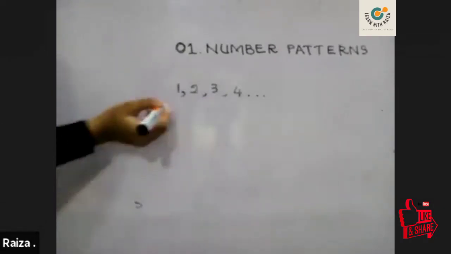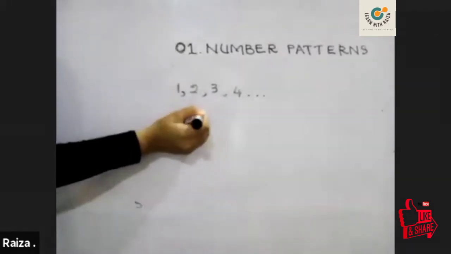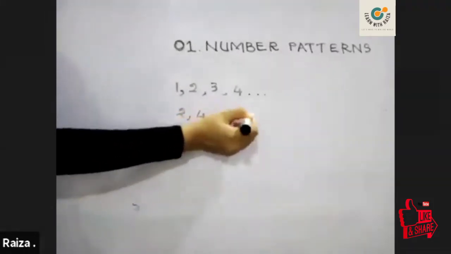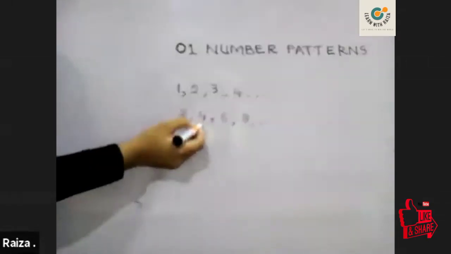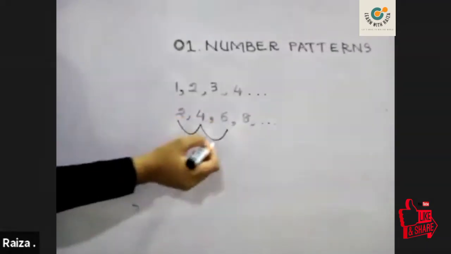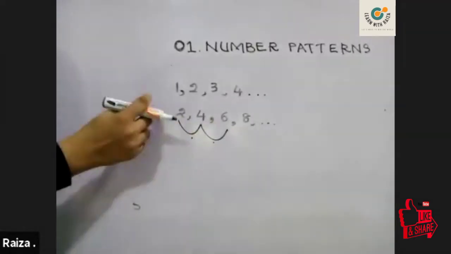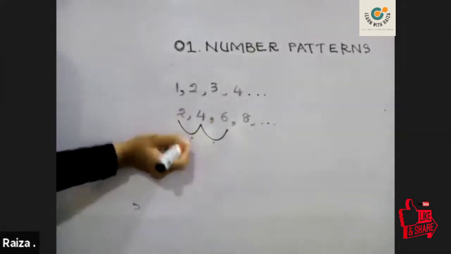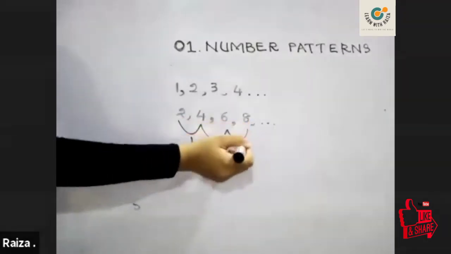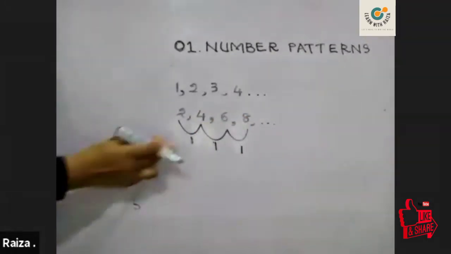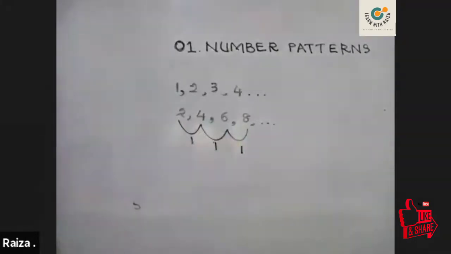Other than that, the second thing you learn is the even numbers, very common and familiar for you. You can see it's a pattern. The pattern means there is a common difference between one number and the next. So you can say 2, then 4, then 6. Each has a common difference. Earlier, when you were small, you counted 1, 2, 3, 4, 5, 6, 7, 8. So you know that there is a difference of 1 in each step.